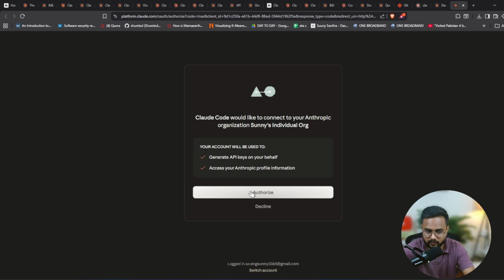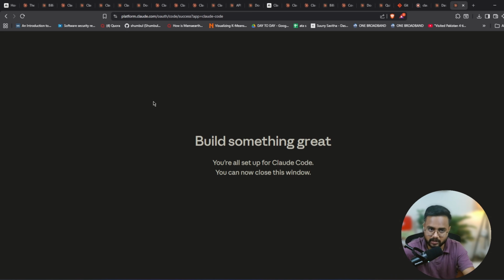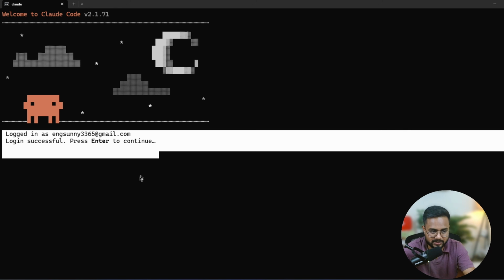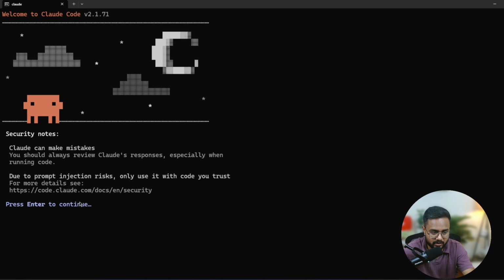Okay, this is the page. Now once I click over here, authorize. So yes, I am authorized to use. If you don't have money over here, then it won't allow you. So please keep some money inside your account, otherwise you will not be able to access it. Now see, login is successful. Now if I hit enter, now see,